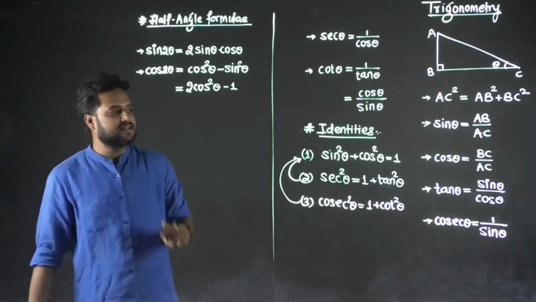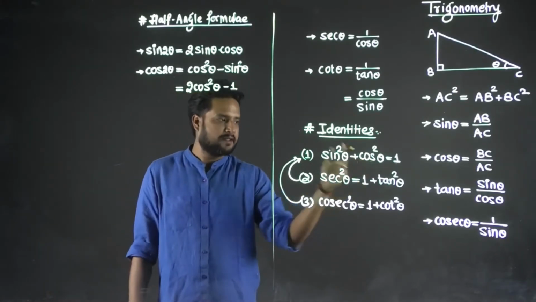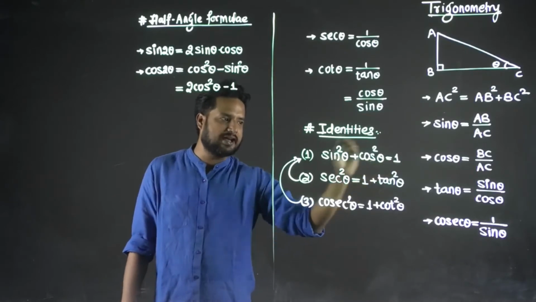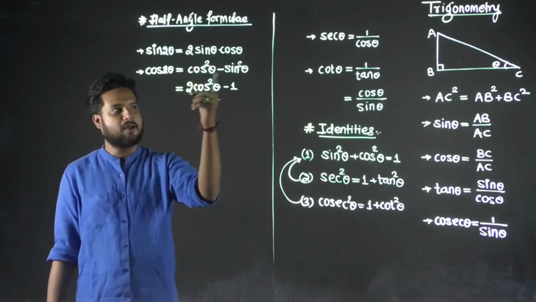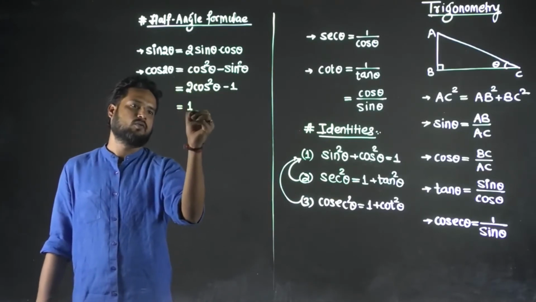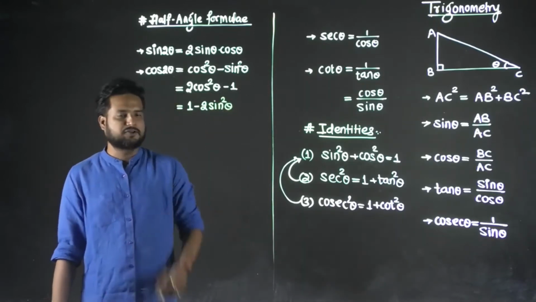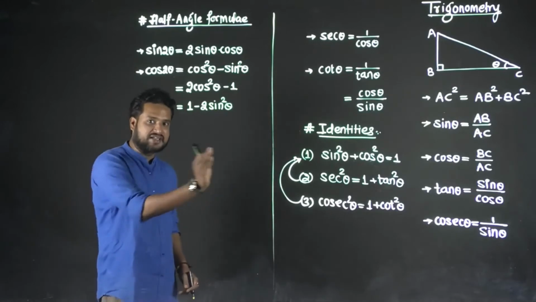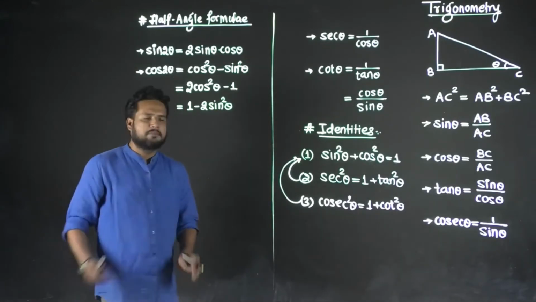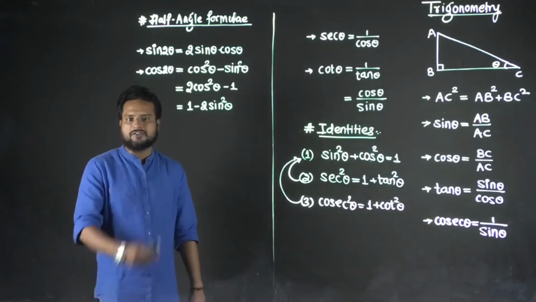Similarly, if I consider cos square from this, if I eliminate it basically, then what will I be getting? Cos square will be 1 minus sine square. Put that over here. 1 minus sine square, it will give you 1 minus 2 sine square. So I do have 3 formulae for this. In fact, I do have one more, which is in terms of tan, which is 1 minus tan square upon 1 plus tan square. But that is not needed much in engineering, so we are not talking about it. Okay, so I do have 3 formulae.